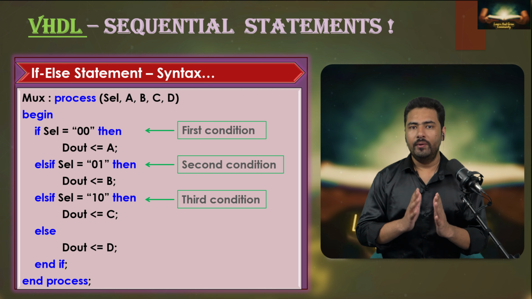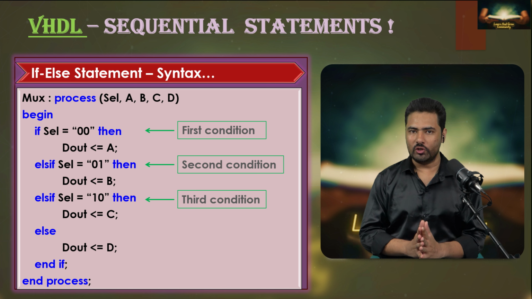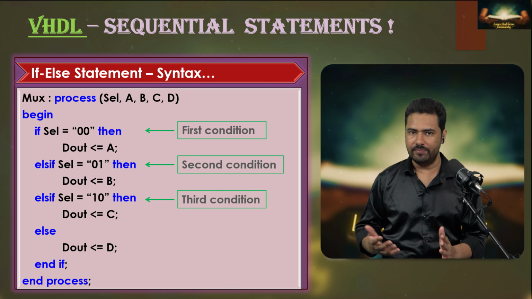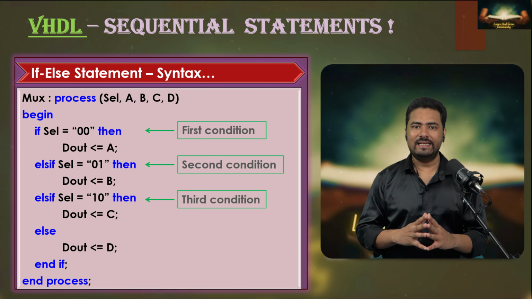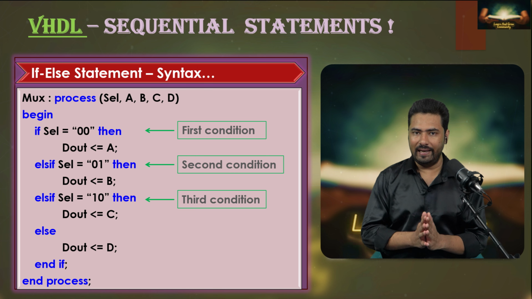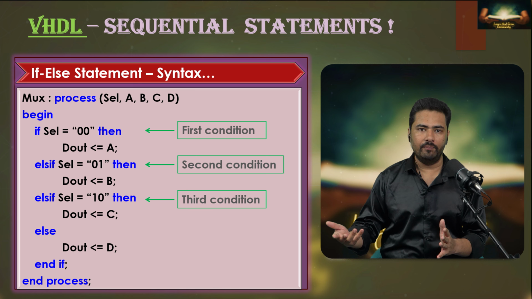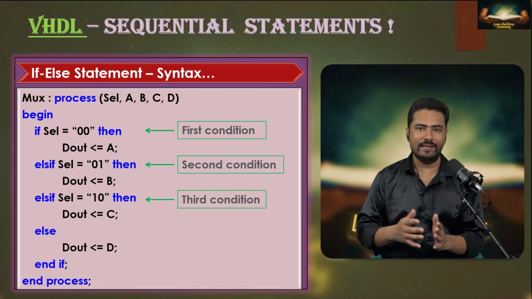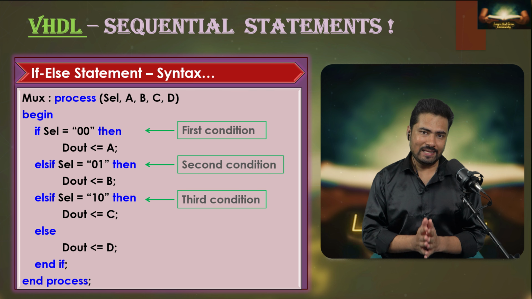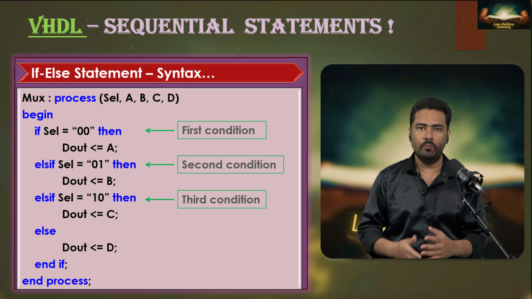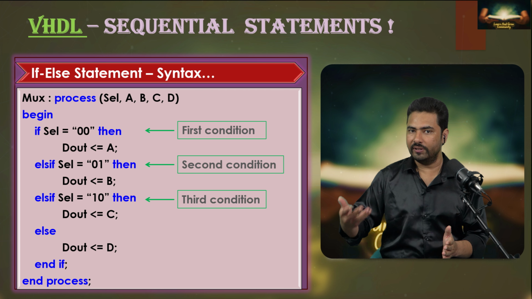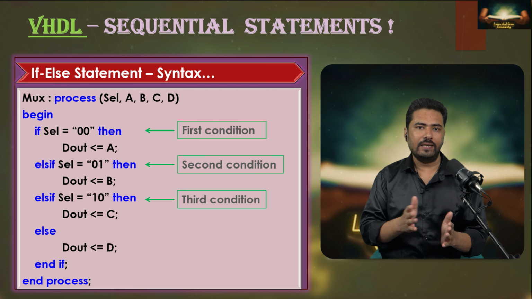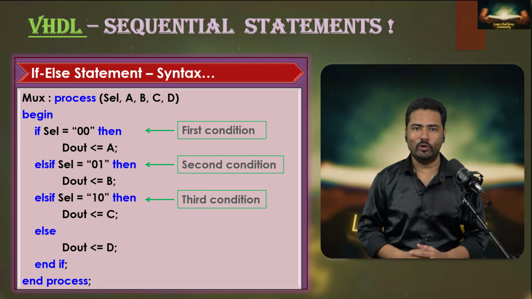It is mux colon process (select, A, B, C, D). Begin. If select equals "00", then D out gets the value of A. Else if select equals "01", then D out gets the value of B. Else if select equals "10", then D out gets the value of C. Else D out gets the value of D. End if; end process;